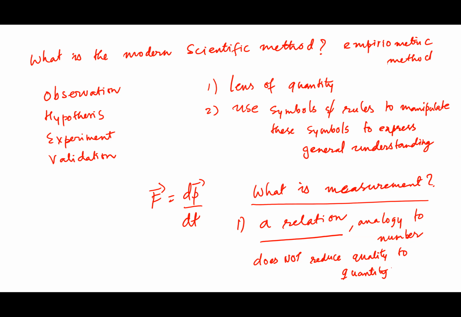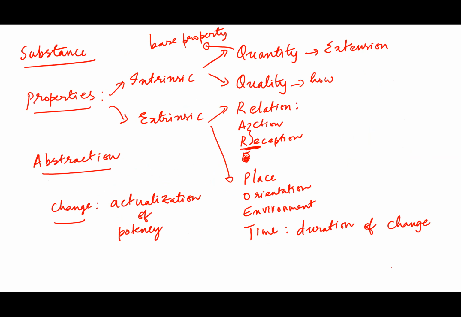So length by itself is an extension, but measurement of length is an analogy to number. Measurement is a relationship, right? So measurement is not a quality. Measure is comparing two things. You're comparing one thing to another thing. So when I say I measured this table, I'm comparing this thing to another thing. So remember, we have quantity, quality, and relation, right? Relation is comparing two things. So measurement falls in the category of relation. Is that making sense? Any questions?